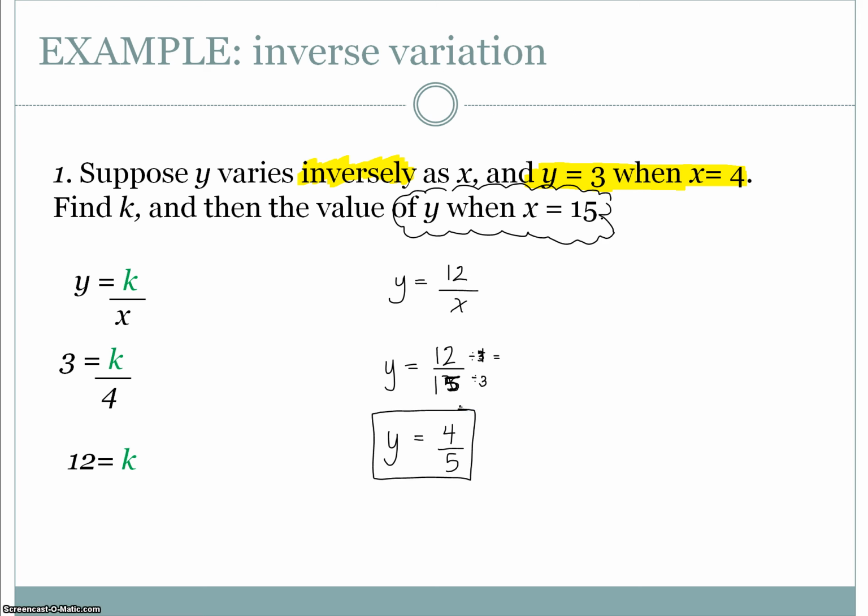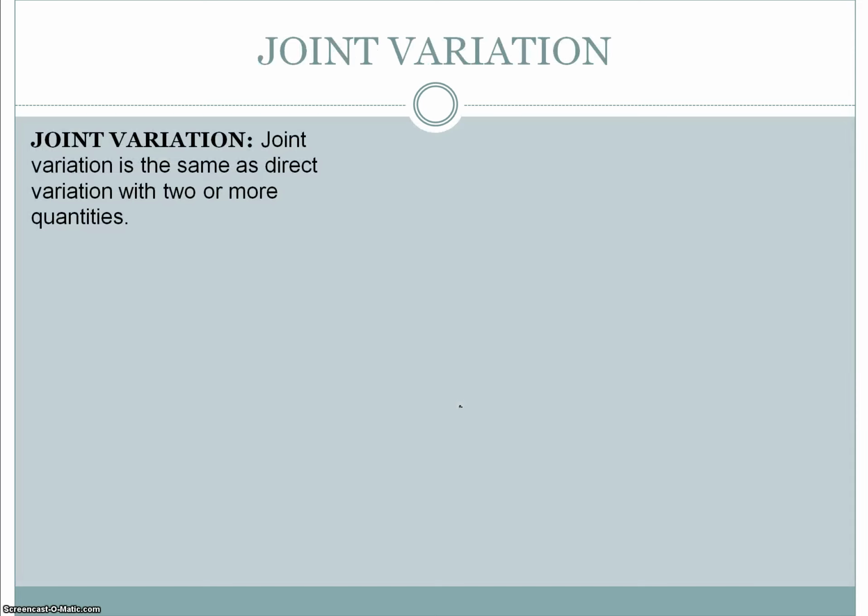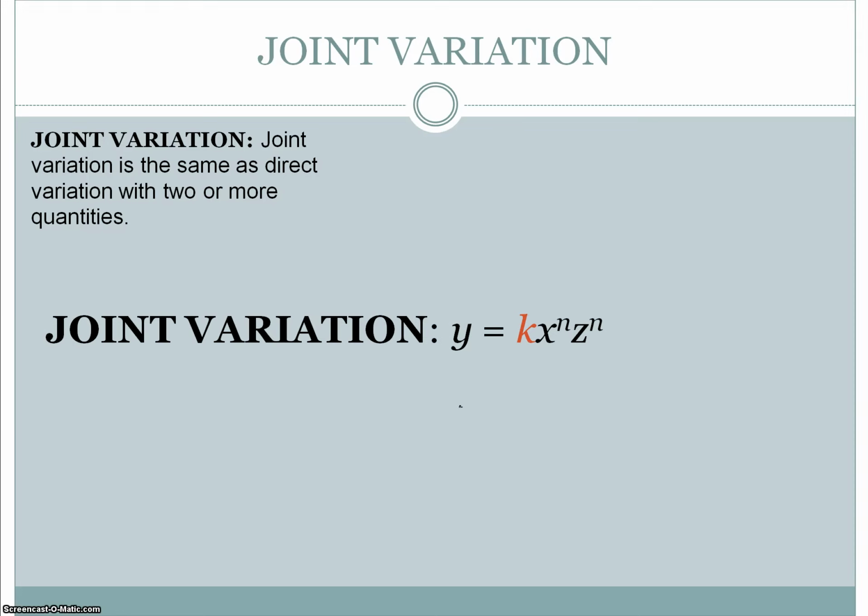Okay, the last type of variation that we're going to look at is something called joint variation. Joint variation is really the same as direct variation, but it involves two or more variables that change. So in this case, joint variation is going to look similar to direct variation but involve more variables. So a formal definition is y is equal to k, that's our constant of variation, some coefficient, and then x to the n